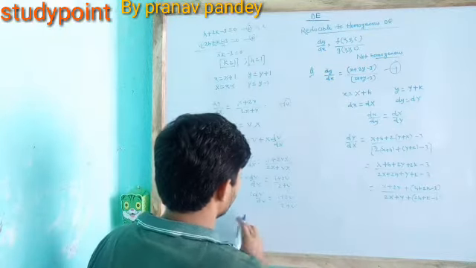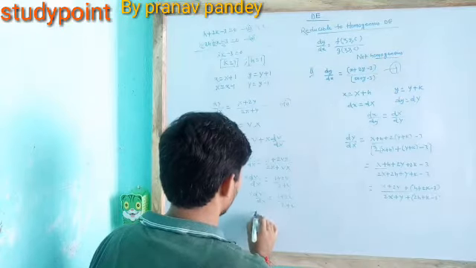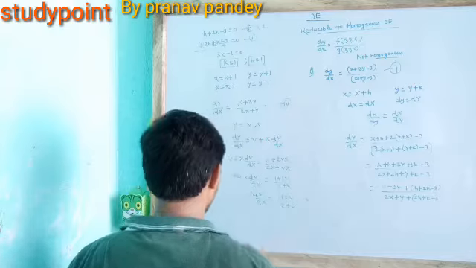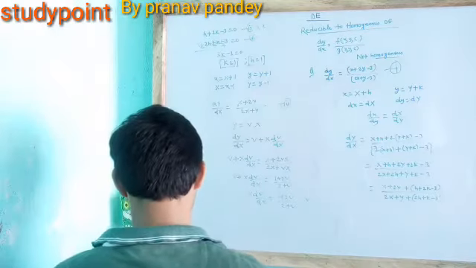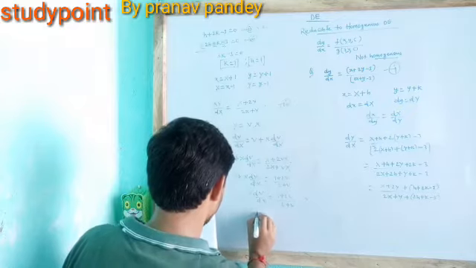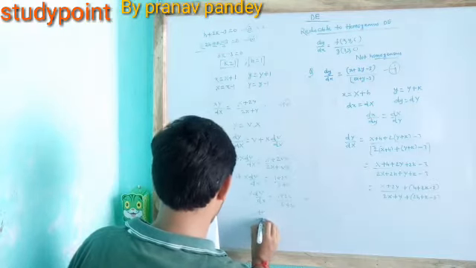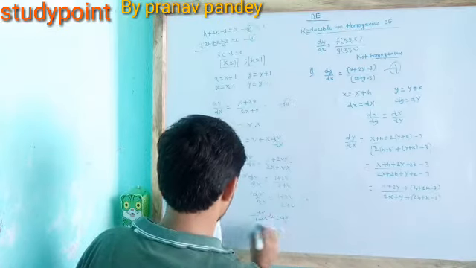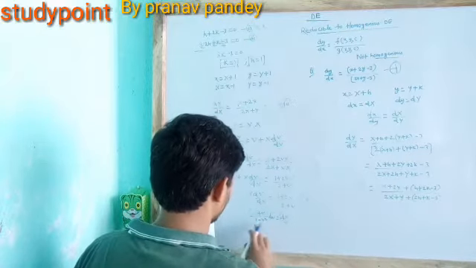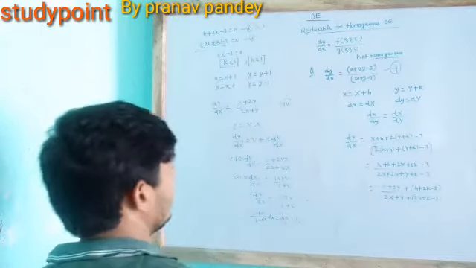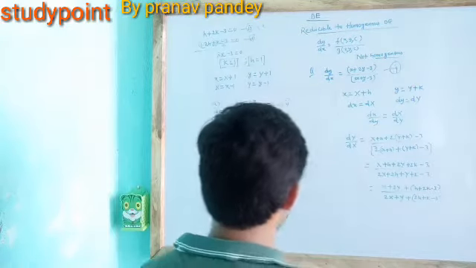From here we will separate the variables. So we get 1 plus 2v by 2 plus v minus v, then we will solve it, and then we will get the relation here. I am directly writing the relation: (2 plus v) by (1 minus v square) dv is equal to dx upon x. Now we will integrate with respect to v and x. We will get an arbitrary constant plus c.